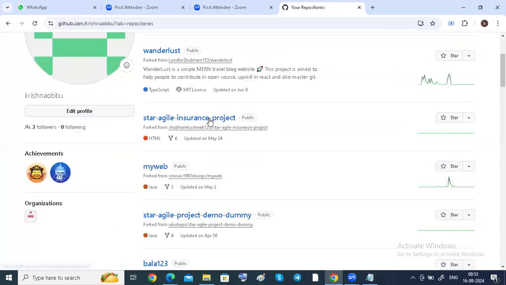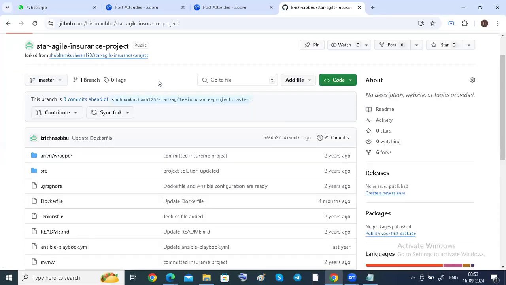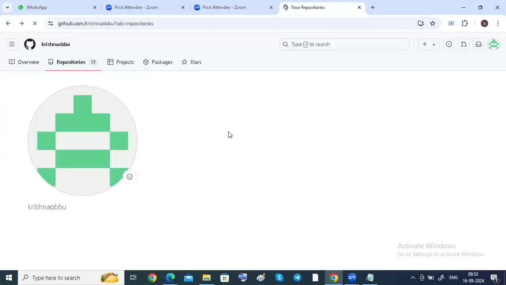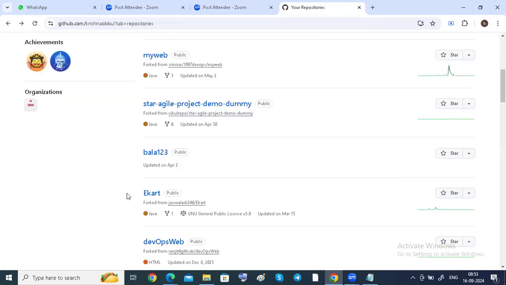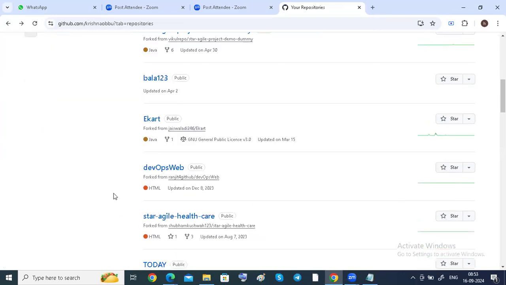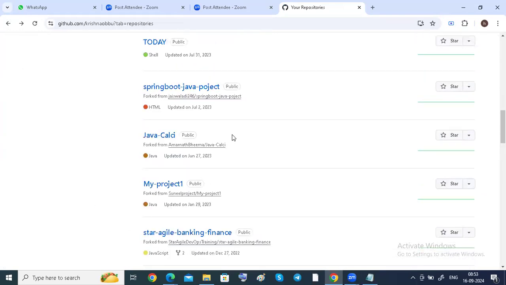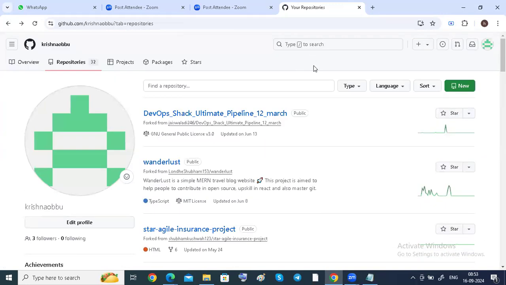See, Wanderlust, Star Health Insurance, each is one project. There are a lot of projects: my web, Star Health demo, dummy, Bala 123, e-commerce application, DevOps web, Star Health care, Spring Boot. There are a lot of repositories available in GitHub, guys.